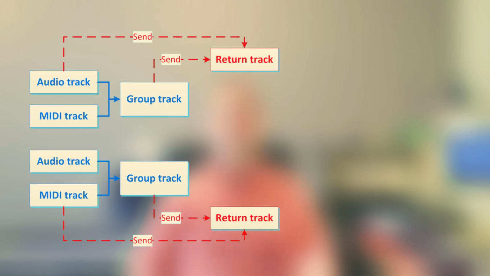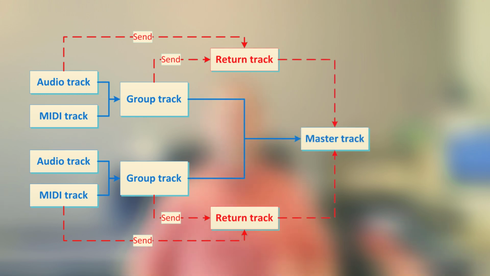Finally, let's talk about signal flow. I will not be mentioning it every time, but keep in mind that at every track a signal may be processed via effects. It all starts from audio and MIDI tracks. You can group them, and if you do, they will automatically pass the signal to respective group tracks. You can send signal from any of these tracks to any number of return tracks. And finally, signals from all these tracks sum up in a master track. And then, master track sends the signal to external devices. This is the default routing, which you can modify, of course, but we will talk about it in some other video.